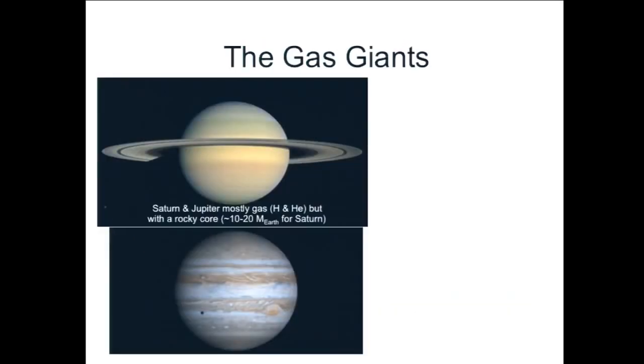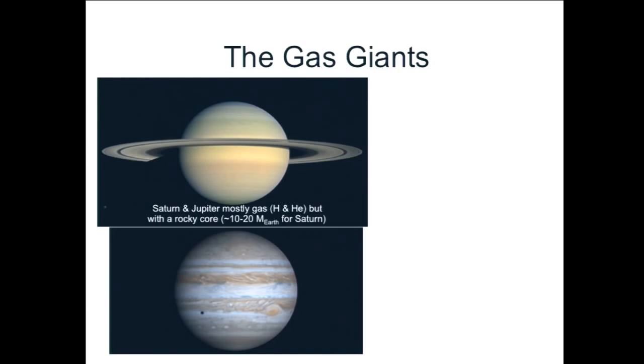Jupiter and Saturn are actually a little bit different. There's another wrinkle to their story. At the center of Jupiter and Saturn is basically a big Earth-like planet. So Jupiter and Saturn started forming in exactly the same way that the Earth and Uranus and Neptune formed, these rocks colliding with each other.